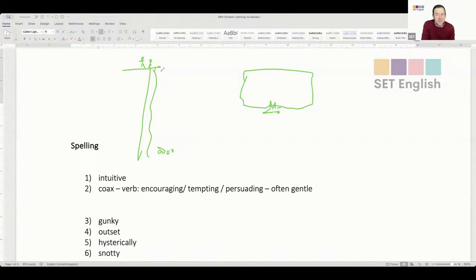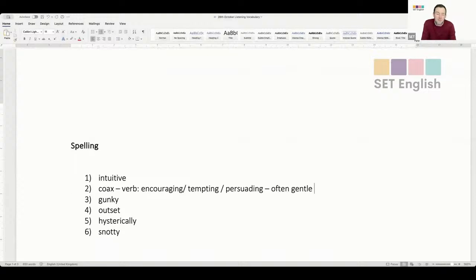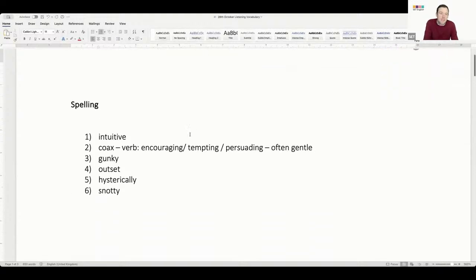I was sort of leaning over at one point like that, and he was saying, it's fine, don't worry. Take a step, just a little step, and then another step. And then it was great. Once I got to about here, I was jumping off and then jumping back on. But I was coaxed into it. It was sort of encouraging, sort of persuading. So that's coaxing. Great word. You don't see it very often in English.